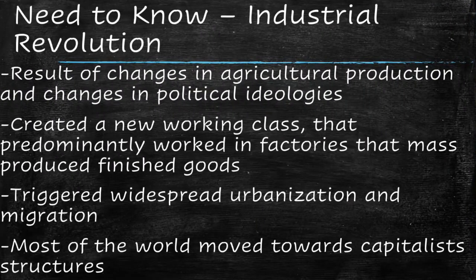What you need to know about the Industrial Revolution is that it changed the way things were produced. It created a new working class and moved production almost completely to factories, triggering widespread urbanization and truly a capitalist structure worldwide. Unit 5 might be the biggest and even most important unit in all of AP world history. Because of these three major changes, the world is never going to be the same, and it will directly impact the rest of the trajectory of world history. And we'll continue to unpack that next time in Unit 6.